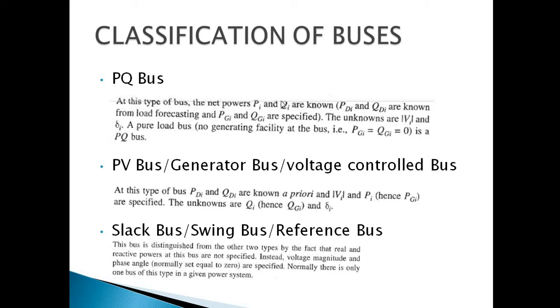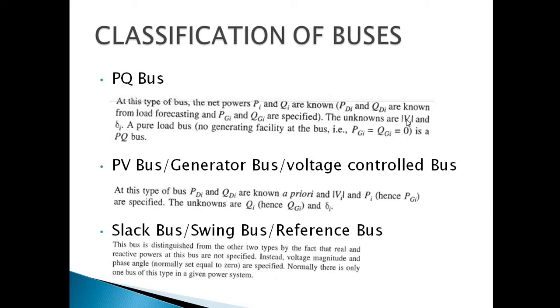Now here these P and Q are known. Why are they known? Because these buses have generators connected to them, so we know the power injected by the generator. Also, from load forecasting, that means the demand at those buses, we can find out Pd, and hence subtracting these we get Pi and Qi. So you can say this is the power injected in the buses.